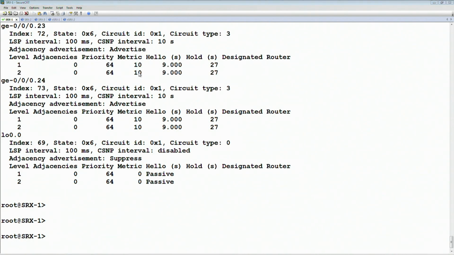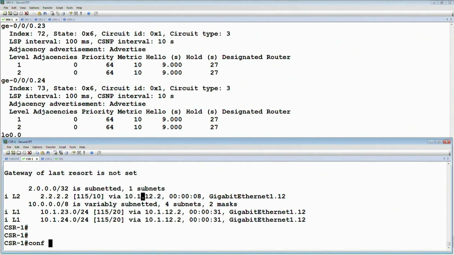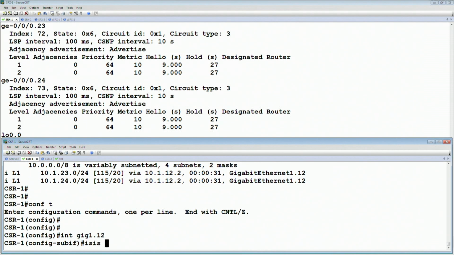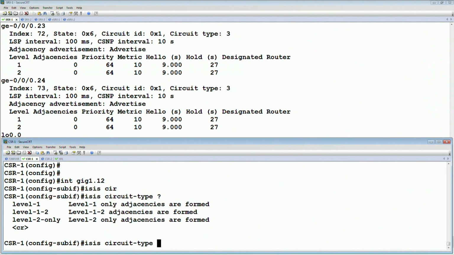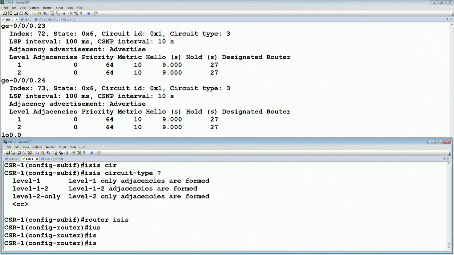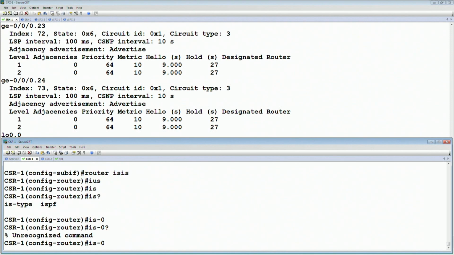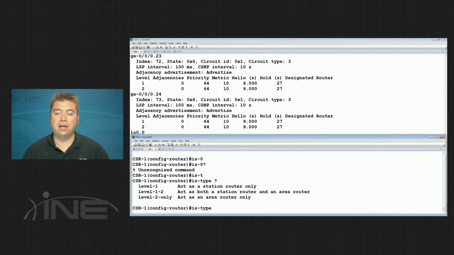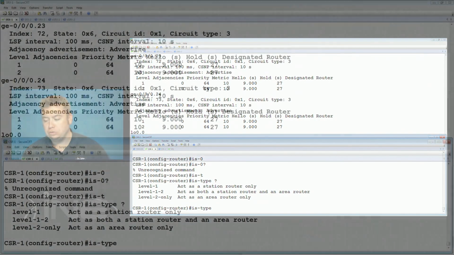So in the case of IOS, there are 2 different ways that you can do this. You can either go to the link level, and you can say the ISIS circuit type is either level 1 or level 2. Or you could go globally under the process and say the IS type is either level 1 or level 2. Normally, you would do it globally on someone who is a level 1 only router or a level 2 only router. And then the device that is the L1, L2 router, basically the area border router, then you would do that at the individual link level. So here in IOS, if we were